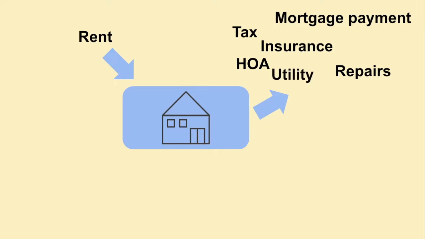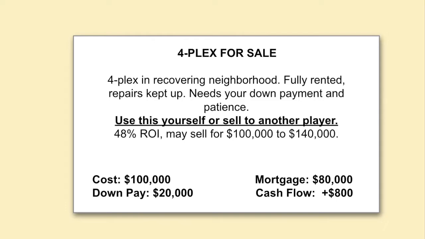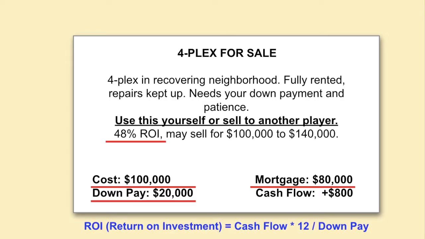Therefore, when you get a deals card about housing, you can see its down payment requirement, its real cost, and its cash flow. The down payment is the money you have to pay right now, and the difference between down payment and the cost is the mortgage amount you owe the bank, and that will become part of your liabilities. There is also an ROI number, return of investment, which is simply about how much down payment you can get back with 1 year's cash flow.